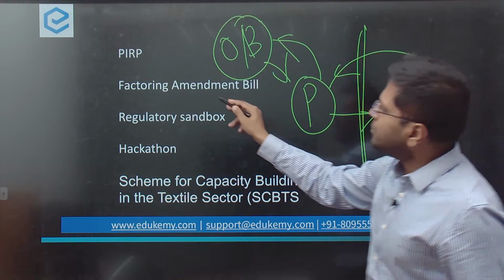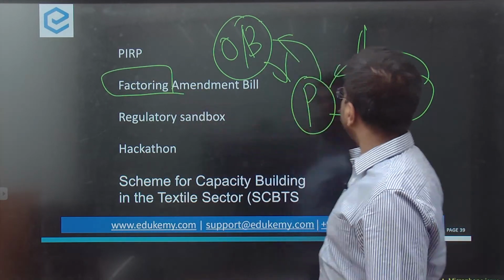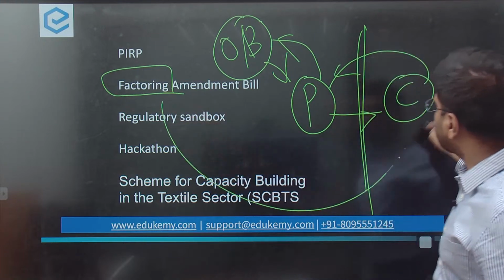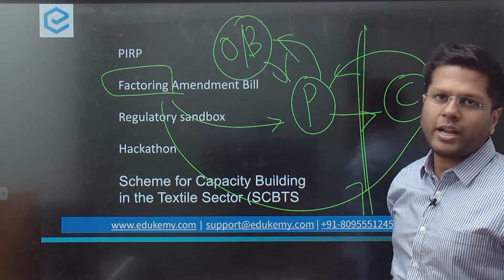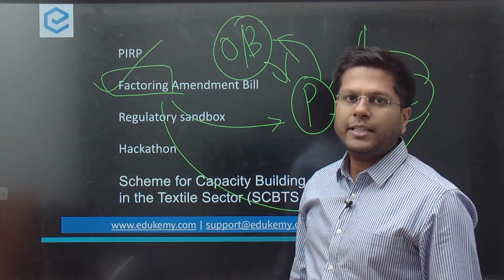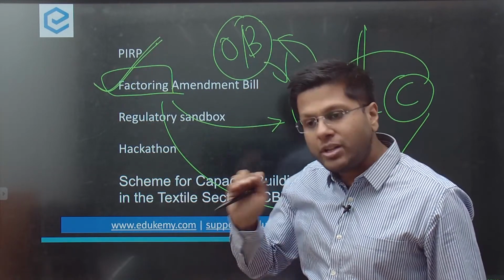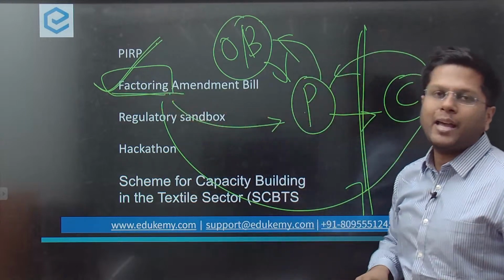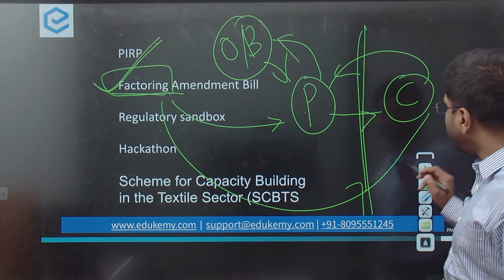This is where the factoring business comes into very good play. They say that if you give us the receipt of the payments that are due, we will keep on collecting the payments later. We will take a small fraction of it, but we will provide you instant cash so that your operation does not cease. This is the factoring amendment bill. They have amended it so that more institutions, NBFCs and banking institutions, can participate in helping the MSMEs. Imagine this. Government has done all this change to help the MSMEs.